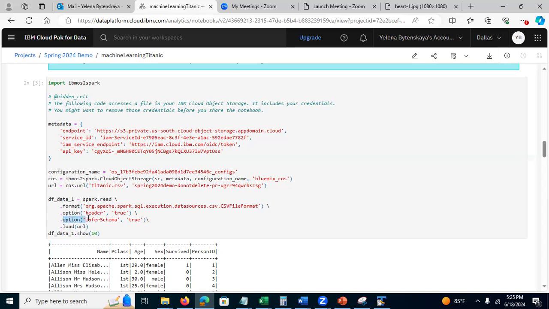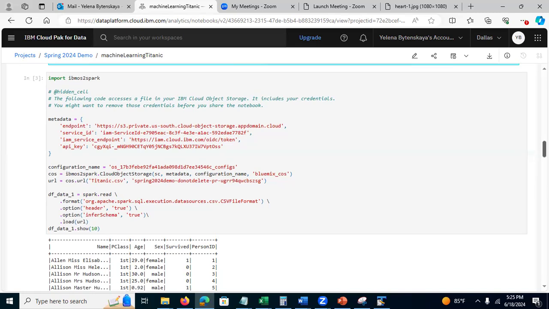And also you want to add the option for schema true, because at some point you're looking at the age column, right? Such as average age. You don't want to be looking at the ASCII value of the age, right? You want to look at the average age, not the average ASCII value of the age, etc. Okay,